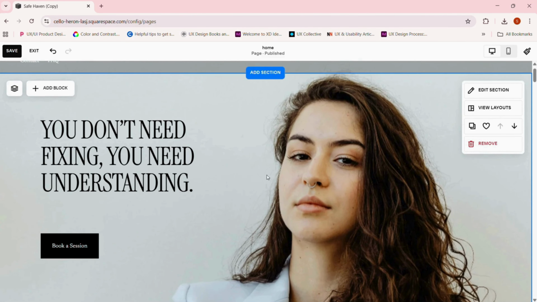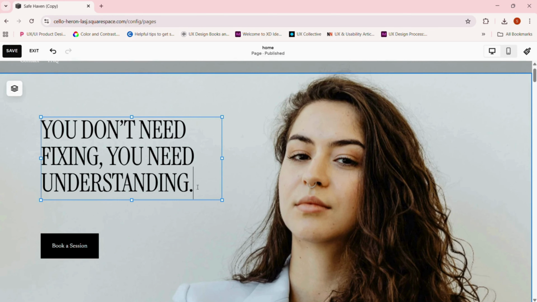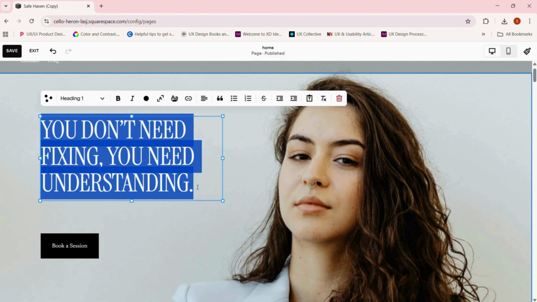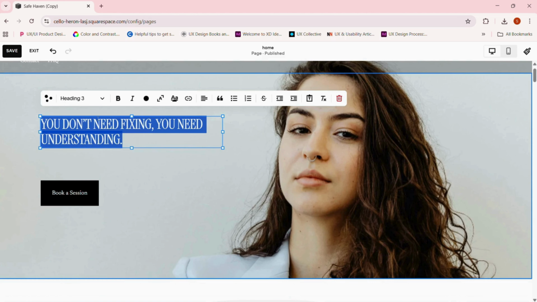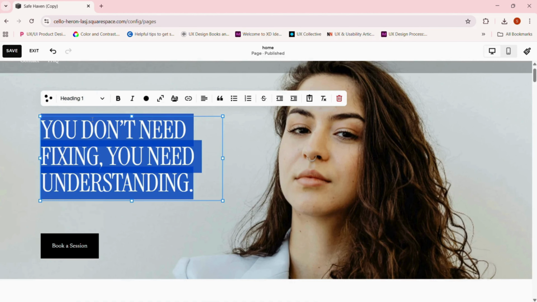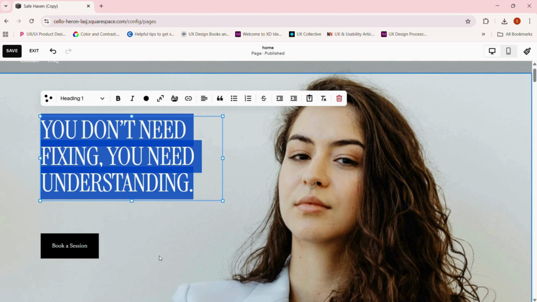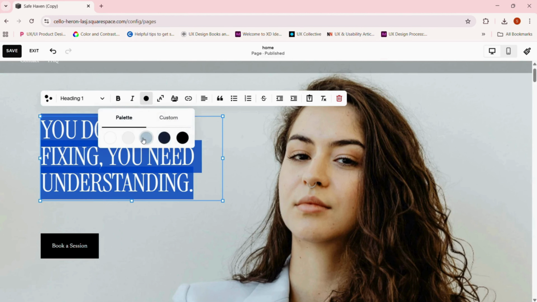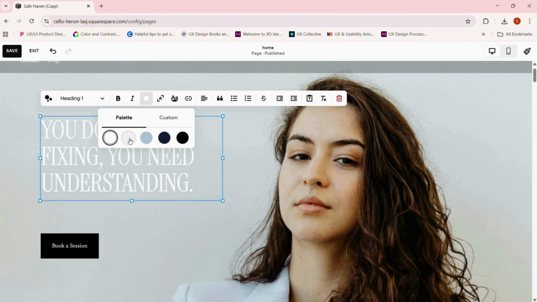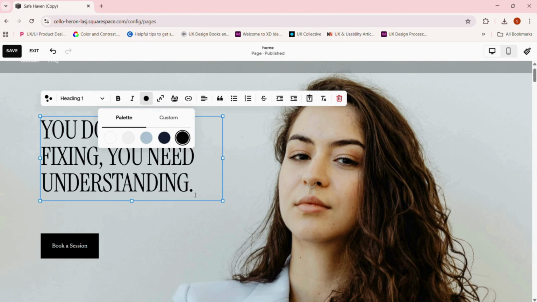And now if you want to add a text, it's as easy as that you do in Canva. So you have different styles. Once you click onto the text box, you'll be able to change different sizes of your text box. If you want to change the color, you can do that. You can pick from the palette, or you can pick from the different custom colors.